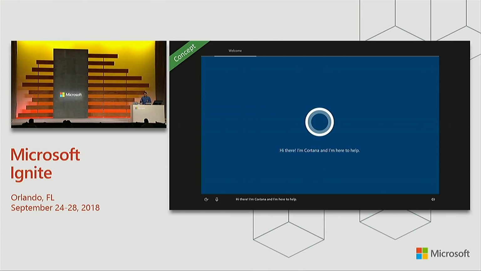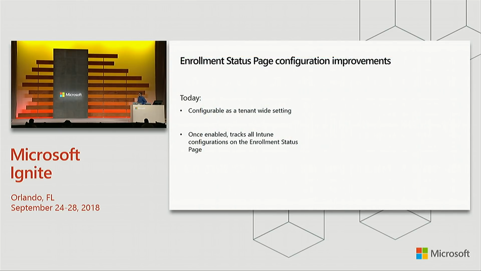The next item that I'd like to touch on briefly is around the enrollment status page. Today, if you've already played around with the settings in Intune, you'll notice that it's only configurable to your entire tenant. It's all or nothing. Also, when it's enabled, it tracks all Intune configurations on the enrollment status page. So whether it's a required application or not, it's going to be tracked, and the user will have to sit through the download and installation of those applications and those security policies and those certificates and the networking profiles,